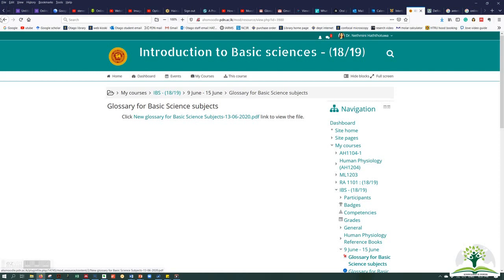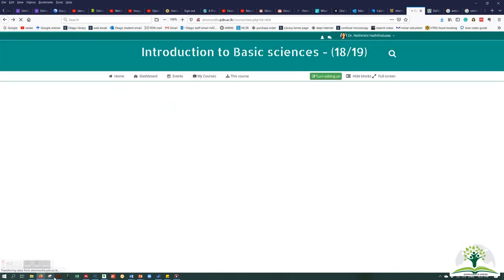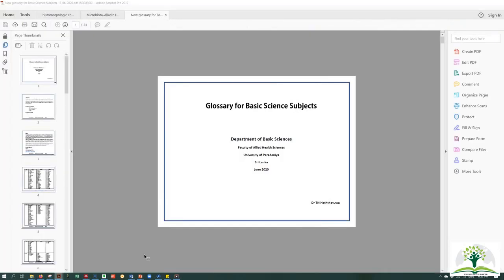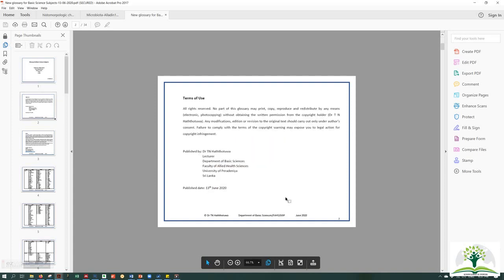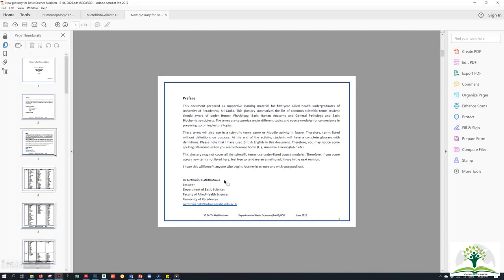Let me open it up and show you how this PDF appears. It says the Glossary for Basic Science subject, and make sure that you read carefully the terms of use, because you are not supposed to copy these terms and modify or publish them anywhere without getting my permission. And under the preface, it's worth reading as well, because I have described the special things related to